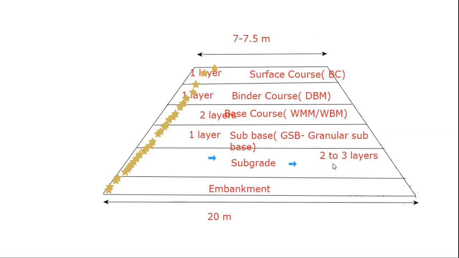In flexible pavement and concrete pavement design, the difference I have informed you. That is, the load distribution pattern of flexible pavement is a truncated portion, or it is called a trapezoidal portion. Just assume initially you will construct the embankment, and above that, if it is 20 meter, the width will go on decreasing, that is 19 or 18.